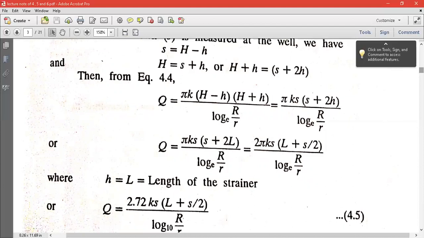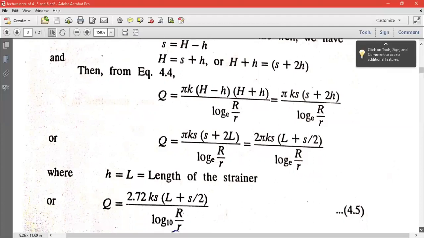Steiner length means the small h, that is the depth of the water after the drawdown that I have shown in the figure. So this is also called the Steiner length, because this portion of the straining water will be strained into the well, because there the water lies on that straining portion. So that's why the perforated straining portion there is L. So this is the concept that s and small h are the same.